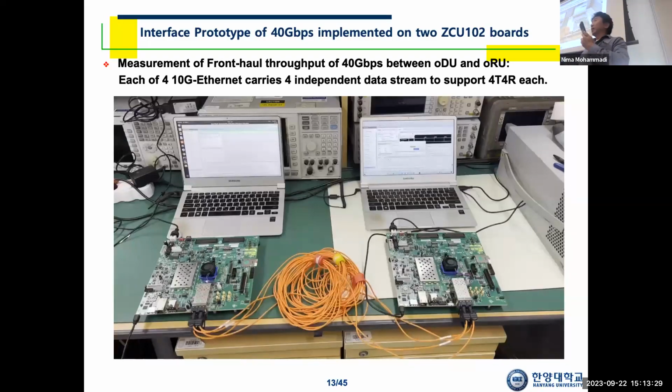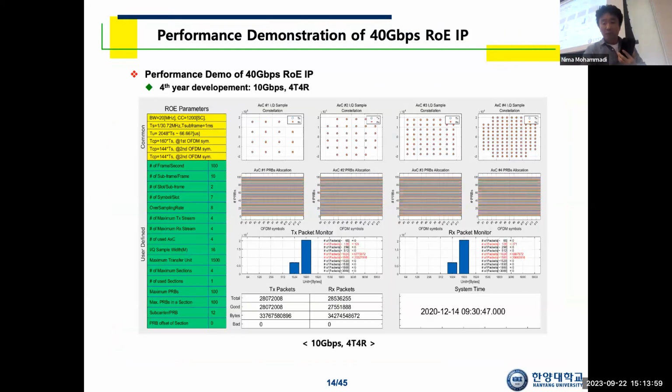Each 10 gig carries 4 independent data streams to support 4x4 MIMO. Since I have 4 10 gig in parallel, I can handle a 16T, 16R MIMO system. Okay? Checking out our capability of dealing with 40 gig bps data rate,